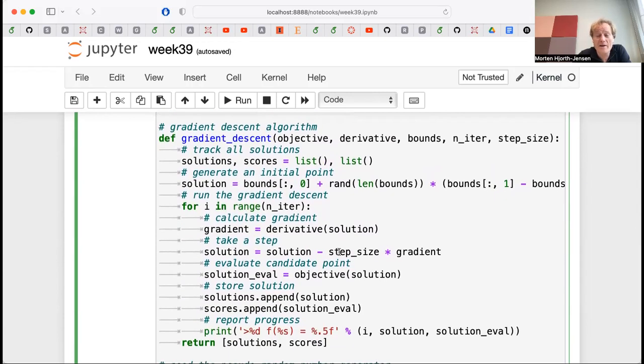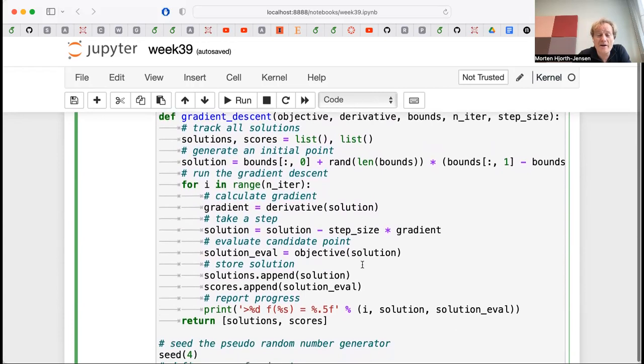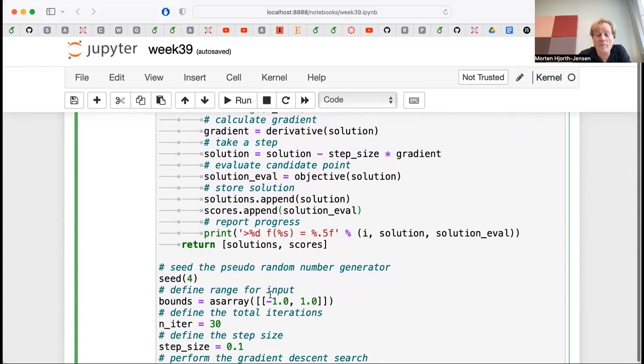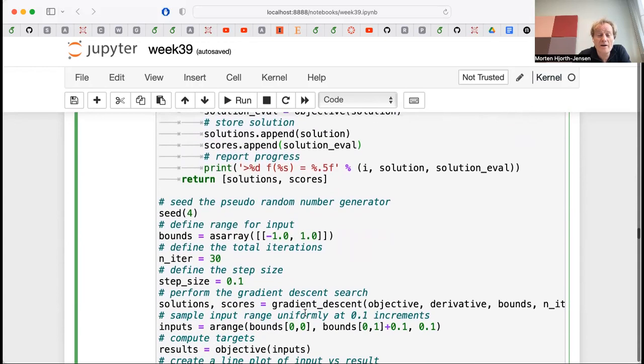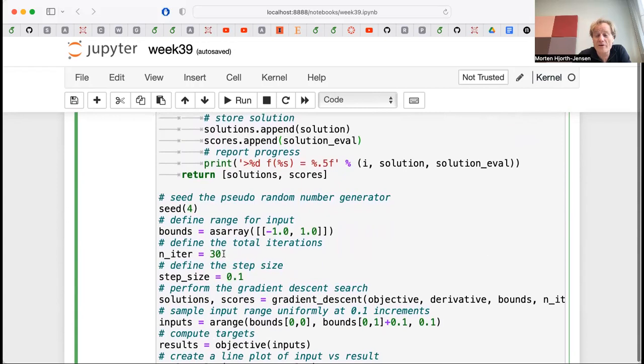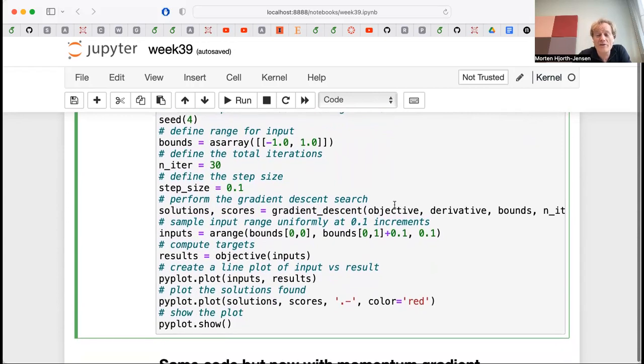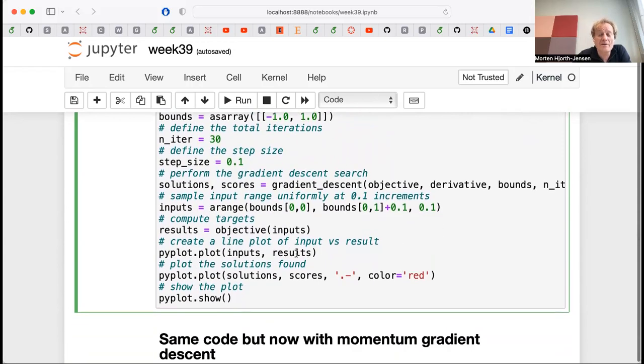And then I simply set a step size, and then I calculate the gradient descent here. I put my bounds between -1 and 1. I set the iterations to 30, and then I have a step size of 0.1, and then I send over the function I want to calculate, the derivative with the bounds and the number of iterations, and then it plots